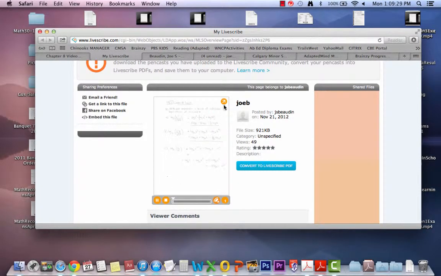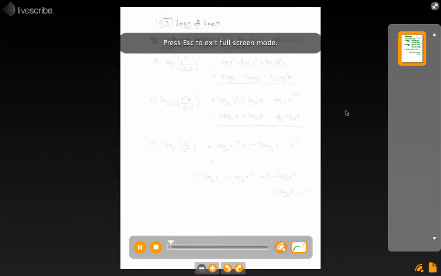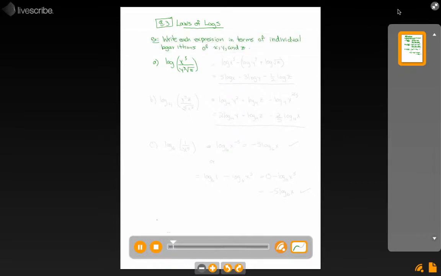This example comes out of section 8.3, Laws of Logarithms. This question gives us an instruction we haven't run into before. It says write each expression in terms of individual logarithms of x, y, and z. So what they're asking us to do is basically pull apart this big fat log into a bunch of smaller